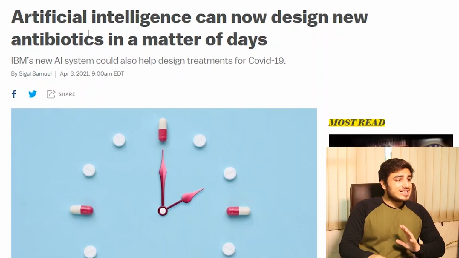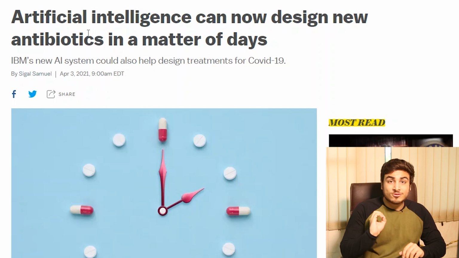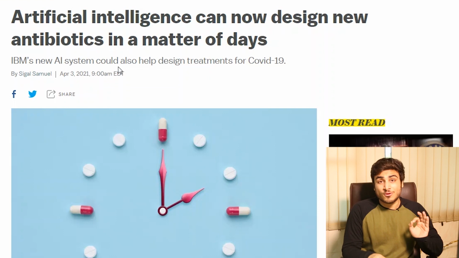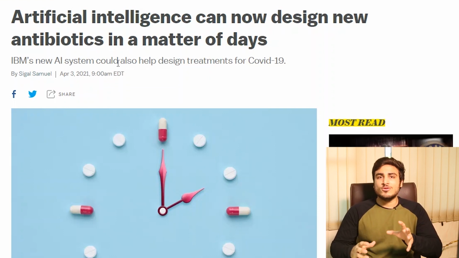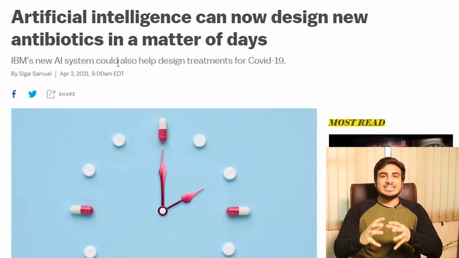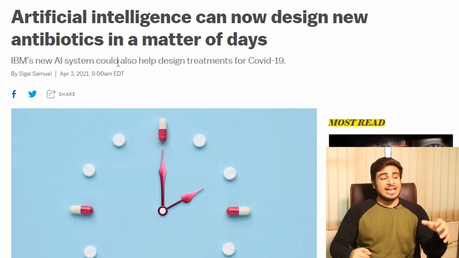Our first story is that artificial intelligence can now design new antibiotics in a matter of days. IBM's new AI system could also help design treatments for COVID-19. This story is in alignment with a story that we covered a few weeks ago, that artificial intelligence can now create and research molecules and their structures to create an entirely new element with properties that we select. So IBM has conducted further research on it and they are saying that they can create molecules and elements that